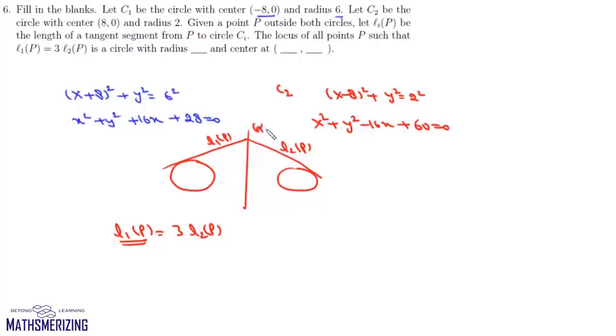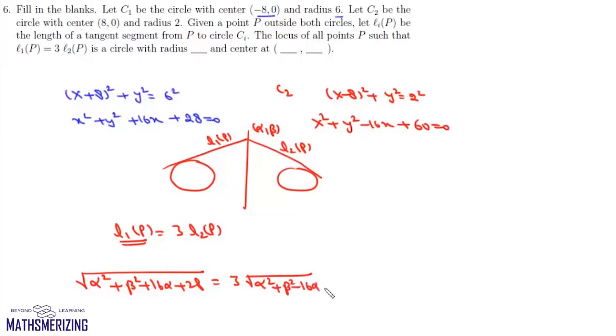So if this point is alpha comma beta, then L1P will be under root of alpha square plus beta square plus 16 alpha plus 28, and it will be equal to 3 times under root S1 for this, which will be alpha square plus beta square minus 16 alpha plus 60. Now we square it, we can write this as alpha square plus beta square plus 16 alpha plus 28 and it will be equal to